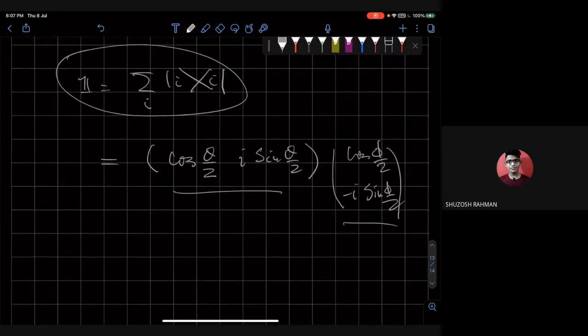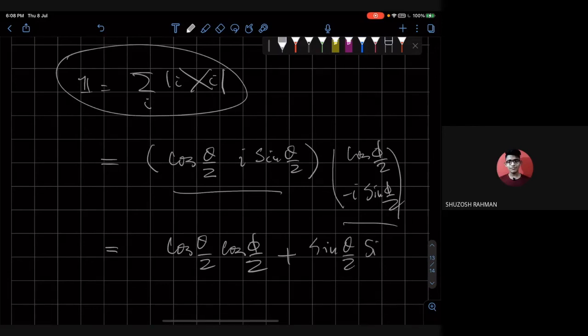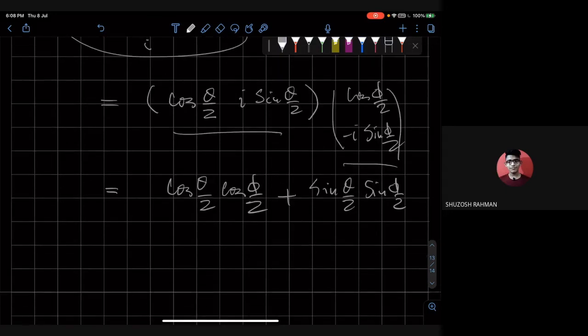There's a matrix summation. So if I do this, I get cosine of theta by 2 cosine of phi by 2, and then I get a plus sign, sine of theta by 2 sine of phi by 2. And if I use my trigonometry,